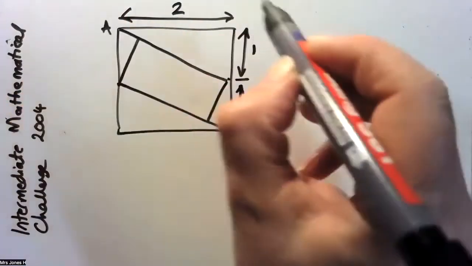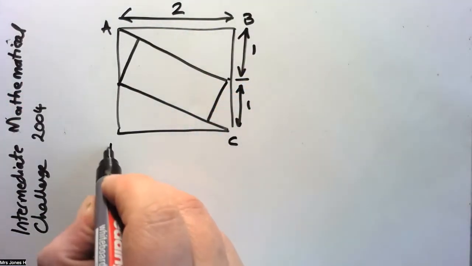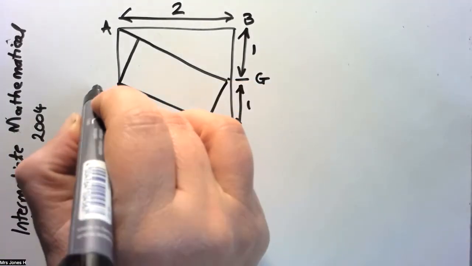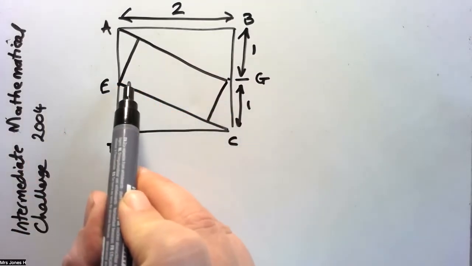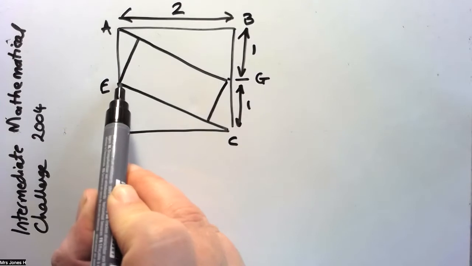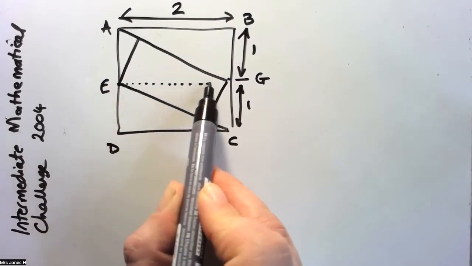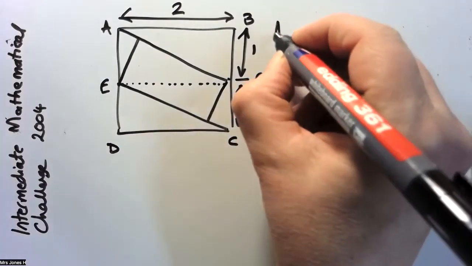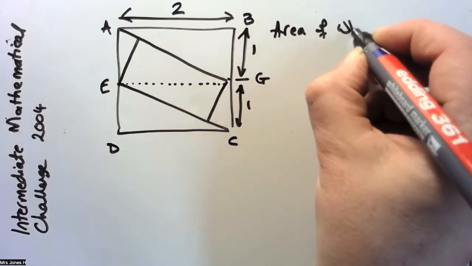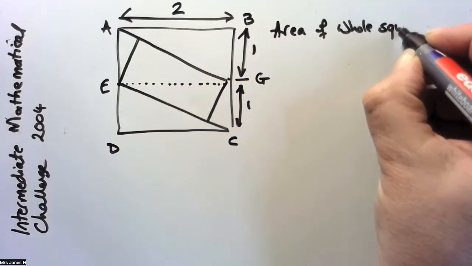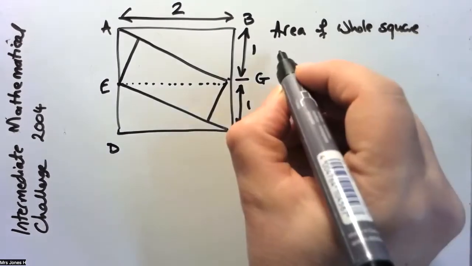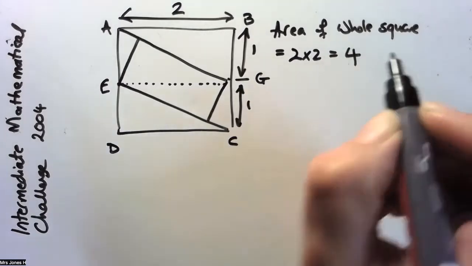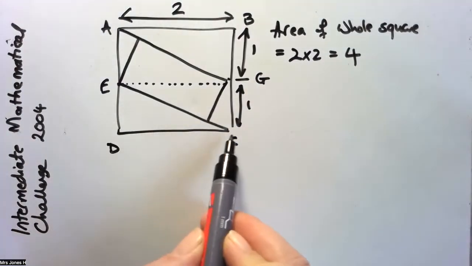I'm going to label, and then I'm going to label this G and this E. And because that's the midpoint there and that's the midpoint here, I do actually have a horizontal line across the middle. So the area of the whole square equals 4 units. The area of the triangle CED,